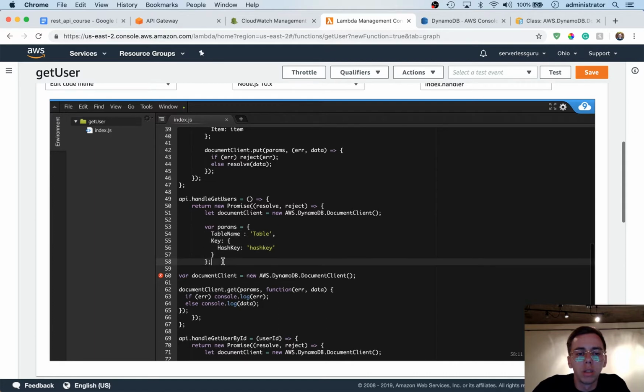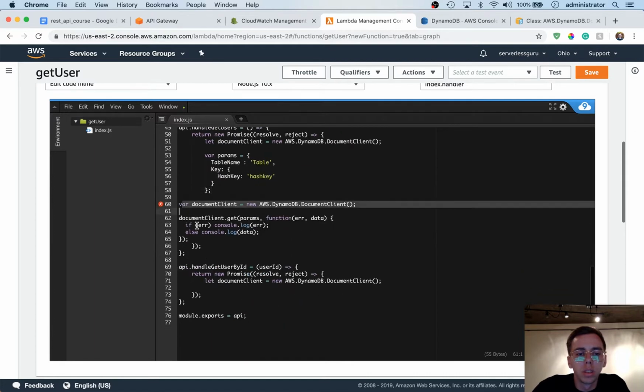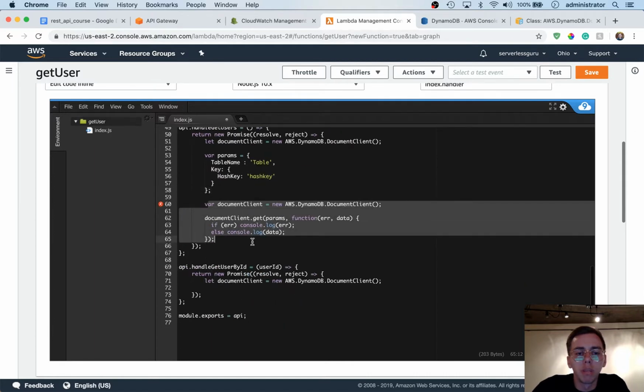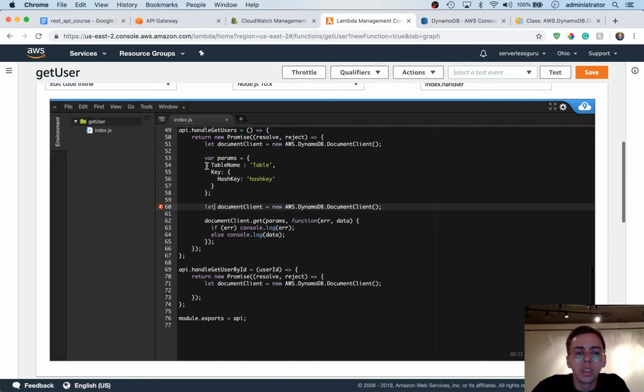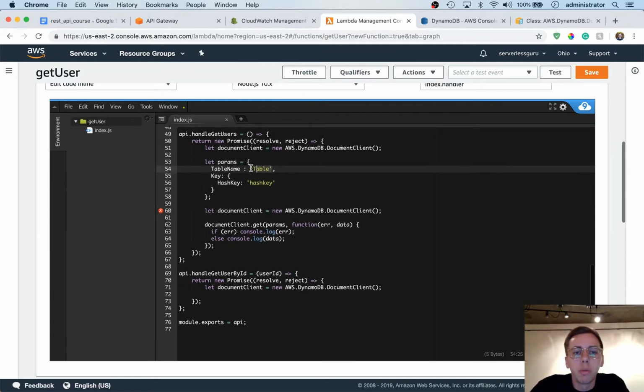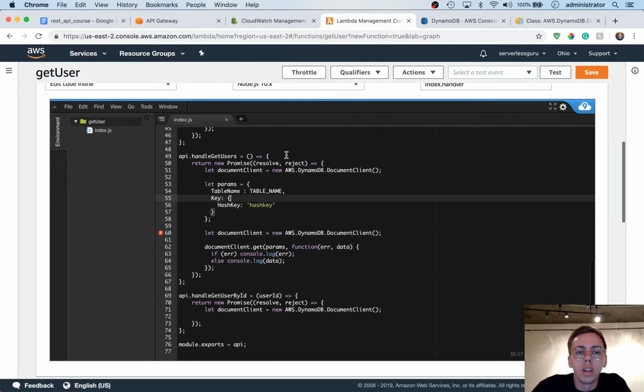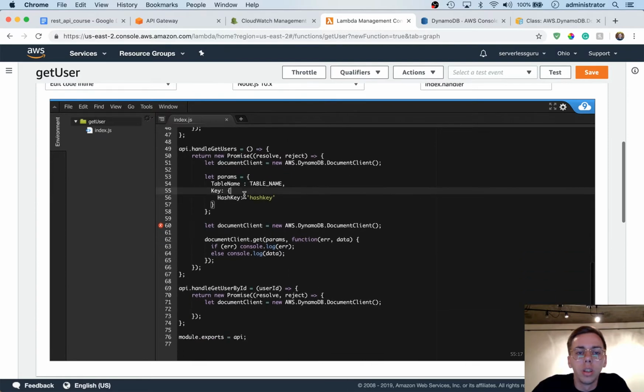Have all this stuff over. And please forgive me on the indenting. To save time, I'm not going to go through and change this. Okay, so the table name, remember, is being passed to the environment variable, so we're going to call this table name. And the key is being passed as our ID. So here we're going to say ID equal to,